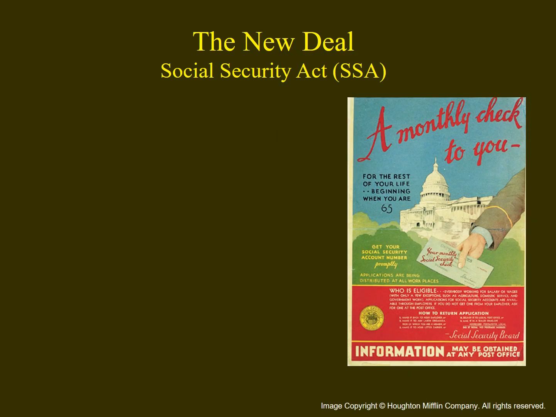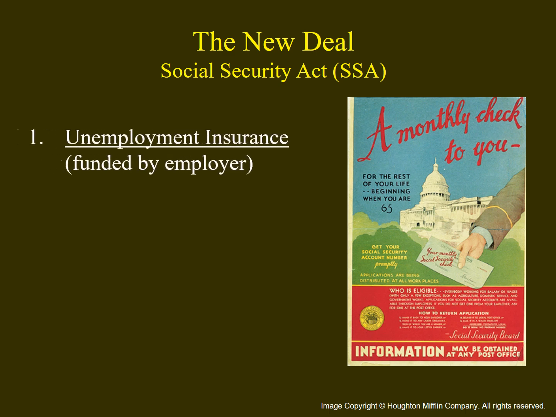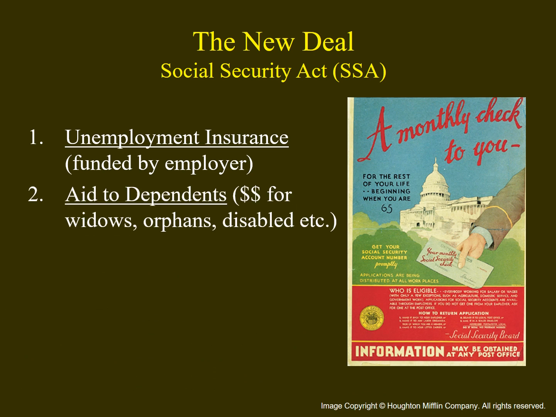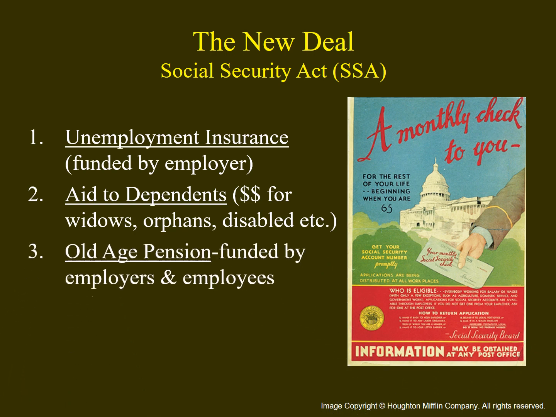One of the best known programs of the New Deal was the Social Security Act. This had 3 main provisions. First, it established unemployment insurance for the very first time in American history. This was funded by a tax paid for by businesses or employers. Second, it had a so-called aid to dependence clause. There were people in our society who could not get ahead on their own. Maybe they were blind, disabled, maybe they were orphaned, and so the federal government agreed that it would take care of part of its citizenry. Lastly, there was an old age pension plan funded by a tax paid for by employers and employees.